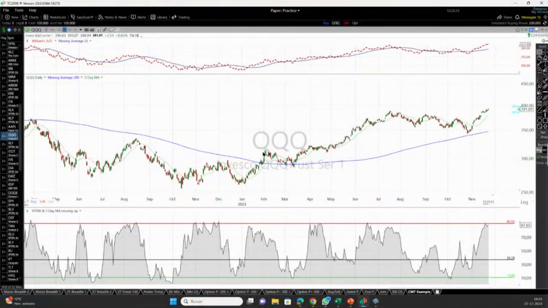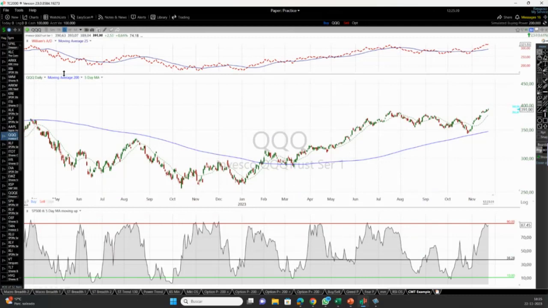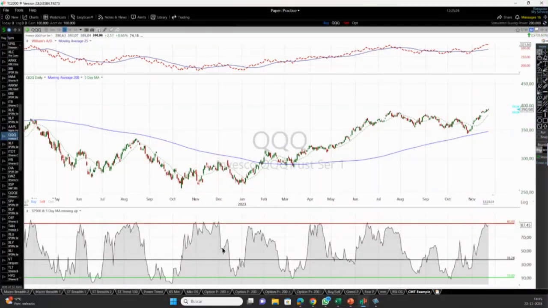Okay, so what I did was basically I did the same thing for the 200-day moving average. So let me go a step back. This is what I use for a short-term momentum indicator of what the market's doing. The Williams accumulation distribution is what I use for intermediate trend, and the 200-day moving average is for long-term trend.